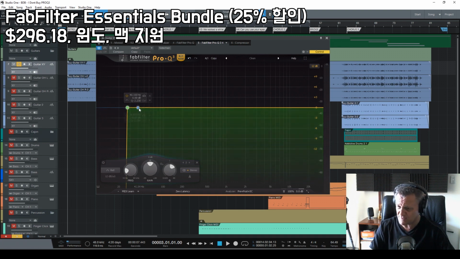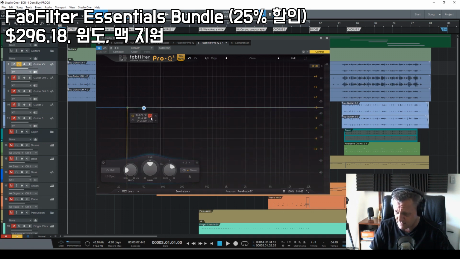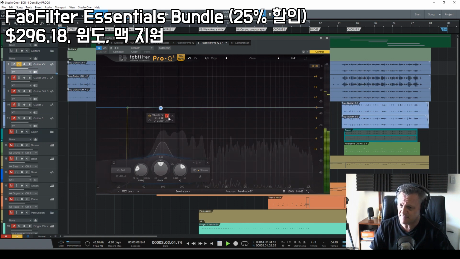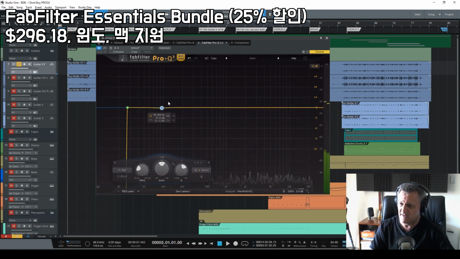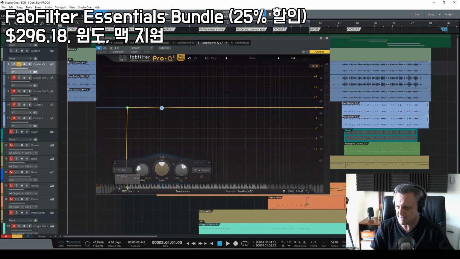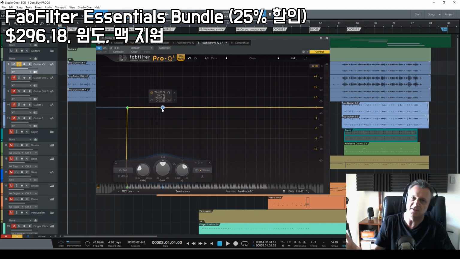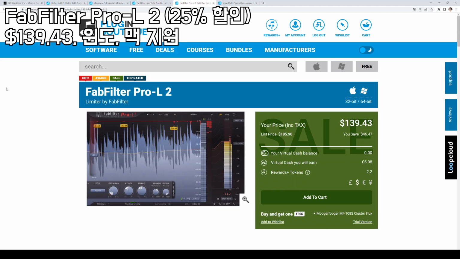Now, you notice that I was listening to frequencies there using this little headphone icon to isolate certain frequencies, and that's just one of the ways that you can try and identify the frequencies that you want to affect. But FabFilter seem to have thought of another couple of things you can do, and the first little one, it's a bit of fun really, is if you click on this piano keyboard icon down there, you can see it brings up a piano keyboard, and it shows you with the frequency you're selecting what note occupies that frequency. Of course, notes on guitars and other instruments occupy a range of frequencies, but